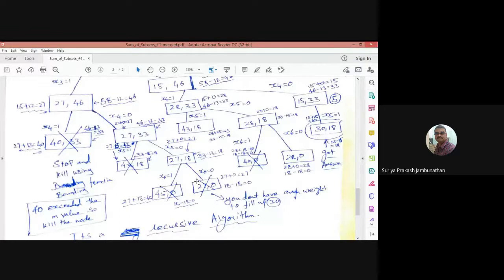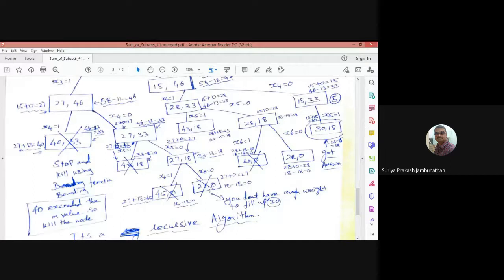Now when you are considering x6, what happens? 45 comma 0, because when we add 27 plus 18, we are getting 45, and 18 minus 18, so 18 here and whatever the answer we got is also 18. So 18 minus 18, we got 0. So 45 comma 0. When you are not considering x6, what happens? 27 plus 0 we will get, 27 only. 18 minus 18, we are getting 0. So 27 comma 0 we are getting.